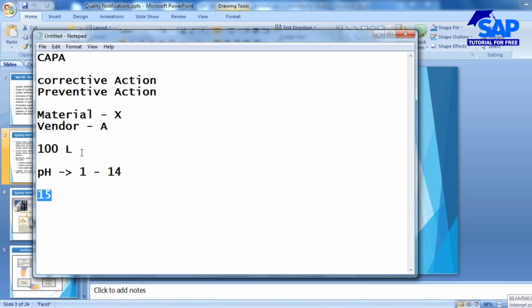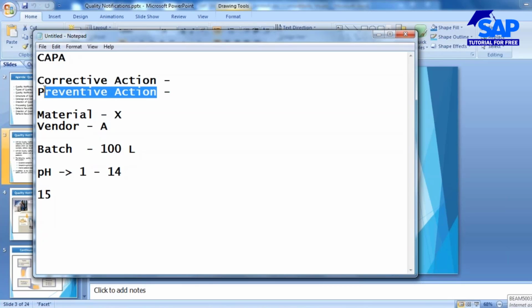Now with that particular lot, let's say this is a batch of 100 liters. What are you going to do with this 100 liters? First, the initial corrective action: whether you are returning it to the vendor, or destroying it, or informing the vendor, or discontinuing the vendor. That's the corrective action.